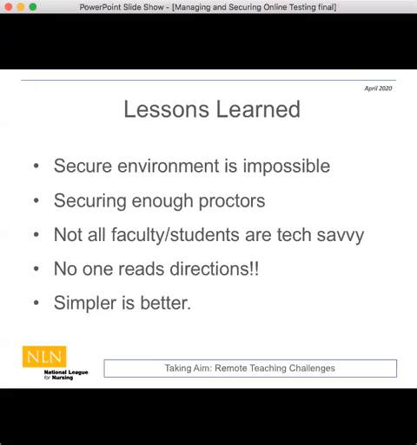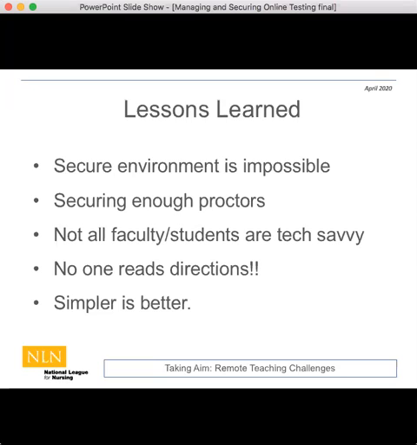The second problem was our class sizes are pretty large. To give you an example, our sophomore class is 200 students. So trying to find 10 proctors for multiple exams was a real challenge. We had lots of volunteers. We called on our adjuncts. We did all kinds of things. And our faculty really rolled up their sleeves. That, however, was a real challenge to get all the spots filled.